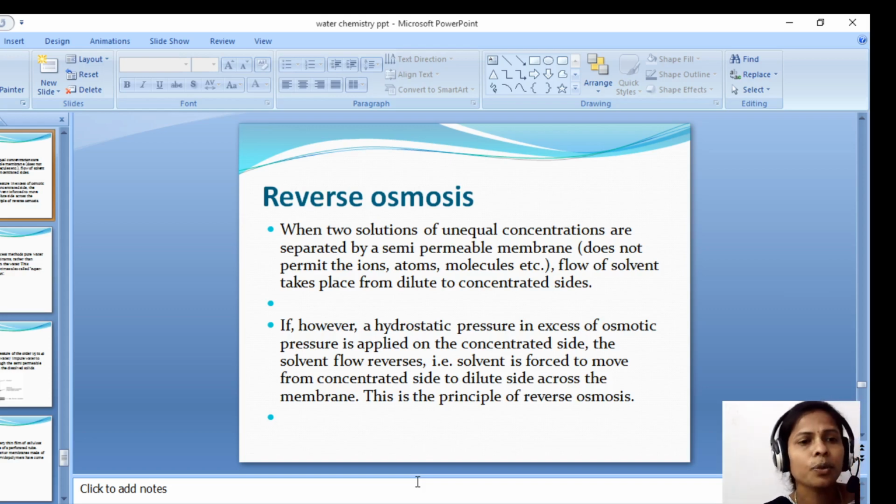For civil students, alkalinity of water is not in your syllabus, but for understanding, and while doing the experiment in the chemistry lab, you must know how to determine the alkalinity of a water sample. That's the reason I explained alkalinity also, but it is not part of our syllabus. And in this session, I'm going to explain the purification of water by using the reverse osmosis process and the zeolite process. These are all external treatments.